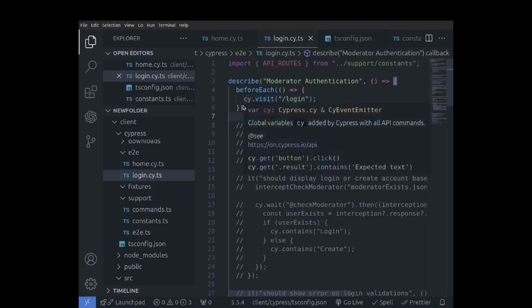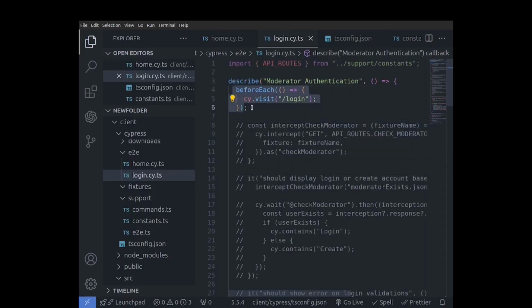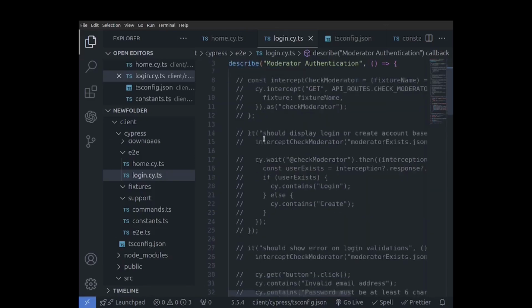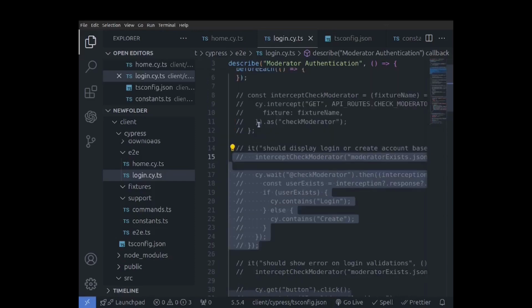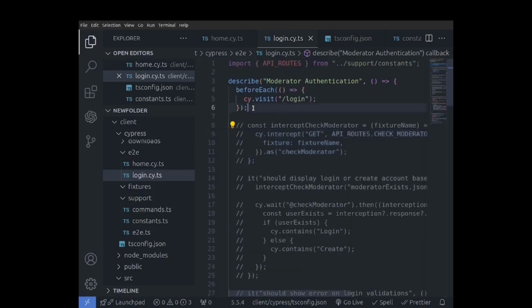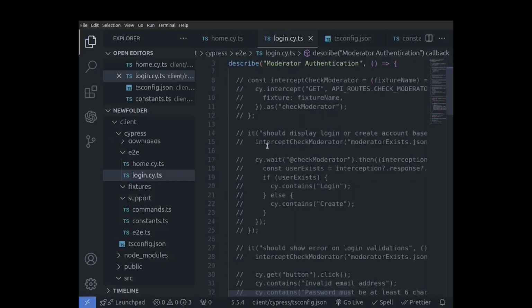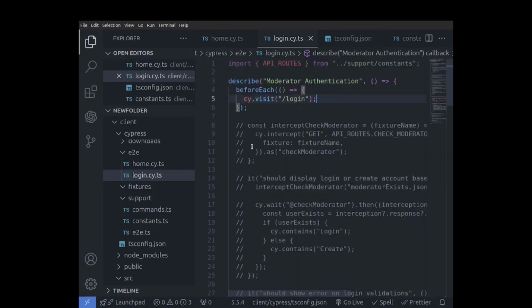We can just add cy.visit('/login') in the beforeEach, and when each and every it block runs, it will actually run the beforeEach. That means it will go to the login page and then apply the other test code. So now let's just